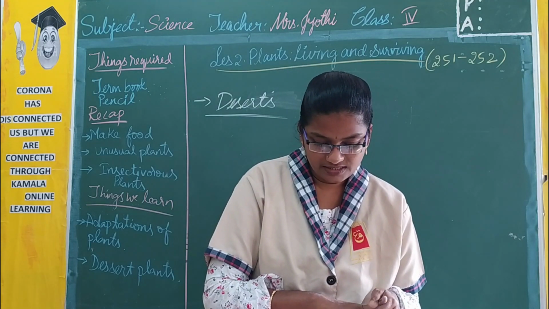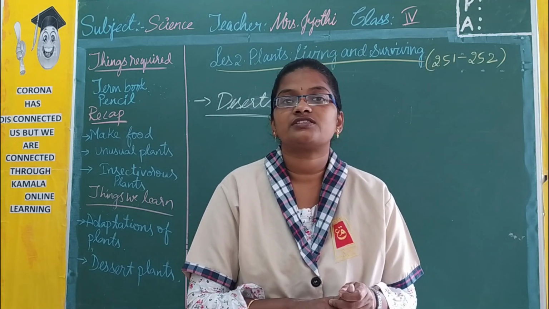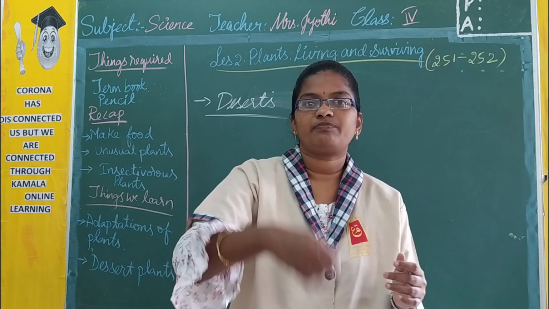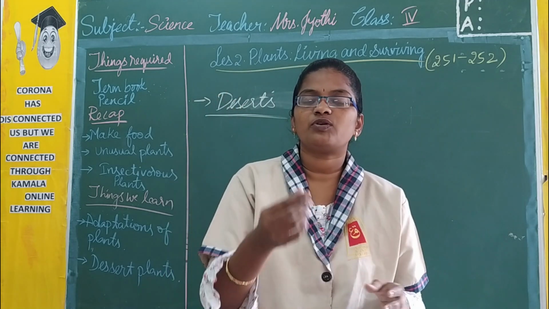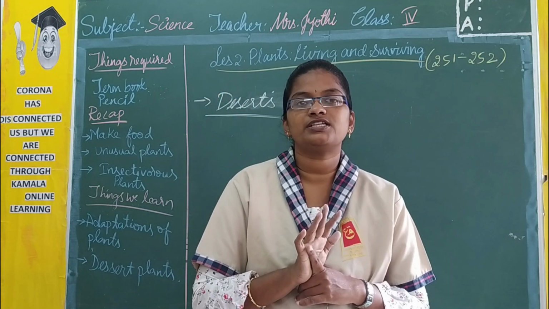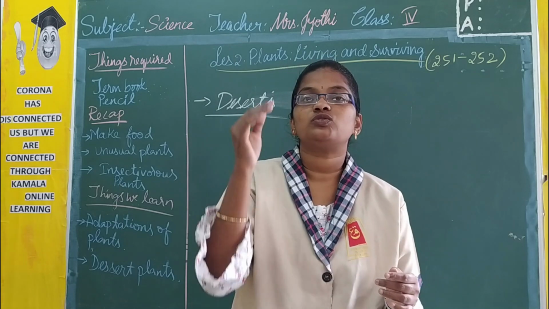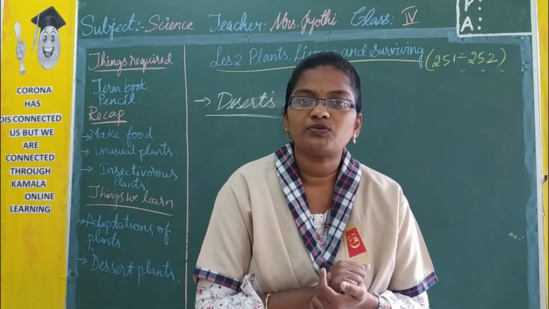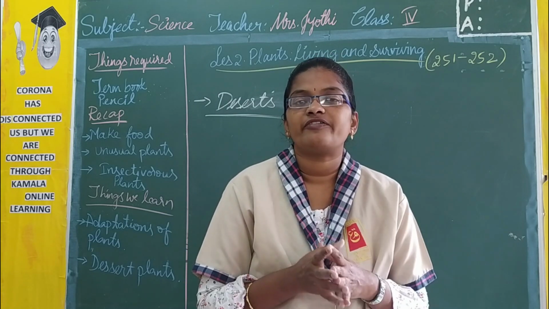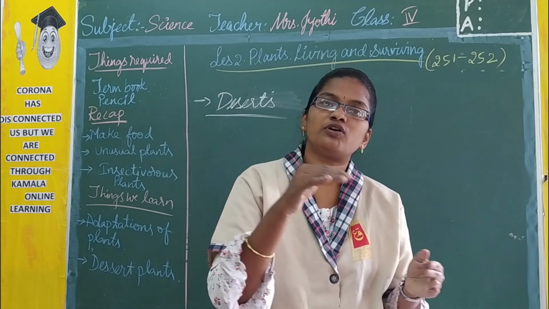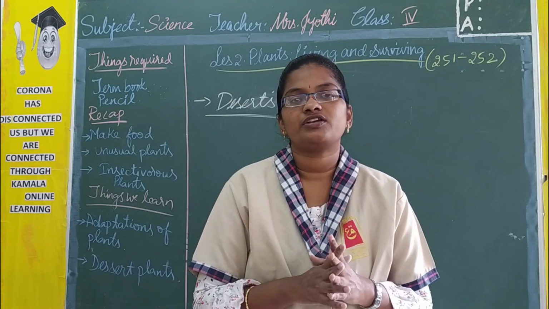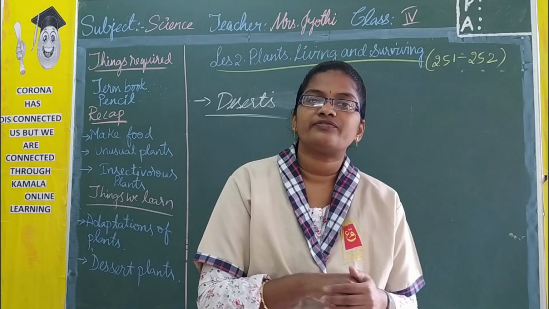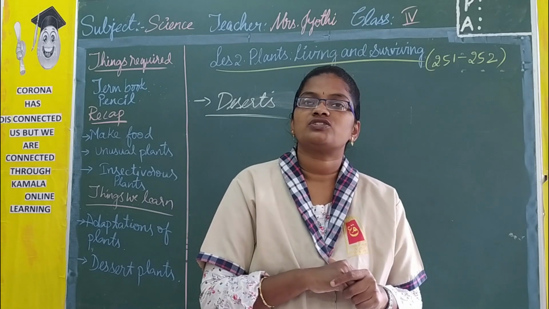And the next thing is the roots of this plant are very deep. Now in our areas, when we pluck a small plant, the roots easily come out and they are small or a little bit long, isn't it? But here the cactus plant roots are very deep into the soil. Why are they deep into the soil? Because the availability of water is very low there. That means the water is very deep inside the soil. So these plants adapt themselves so that their roots grow deep into the soil.